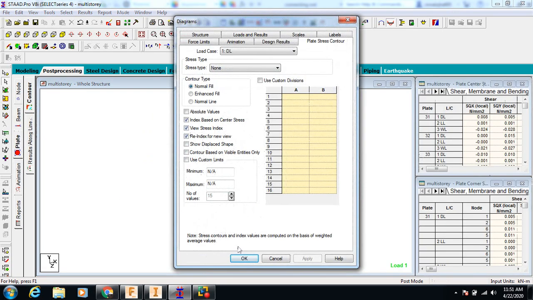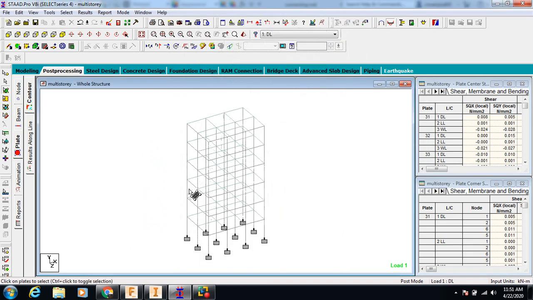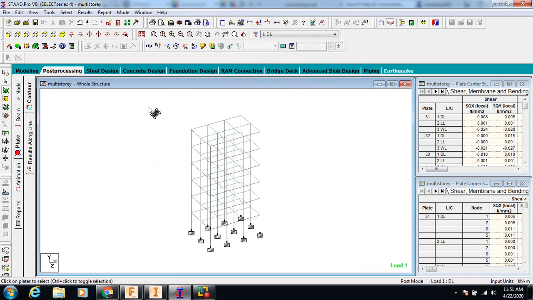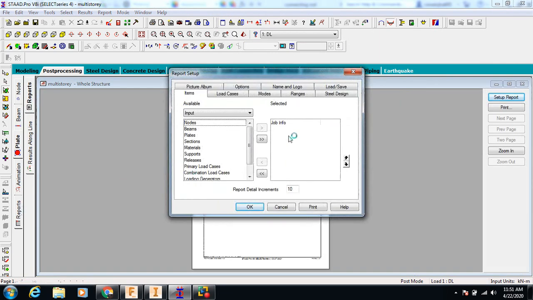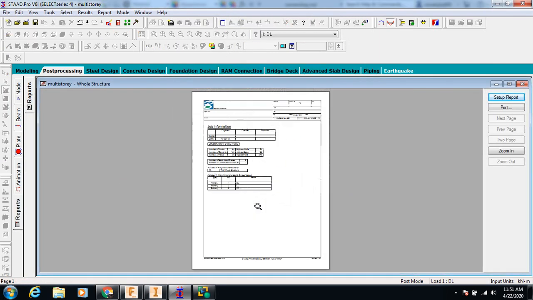And if you want to see the plates, okay, animation and reports. Here we have got the report of complete analysis.